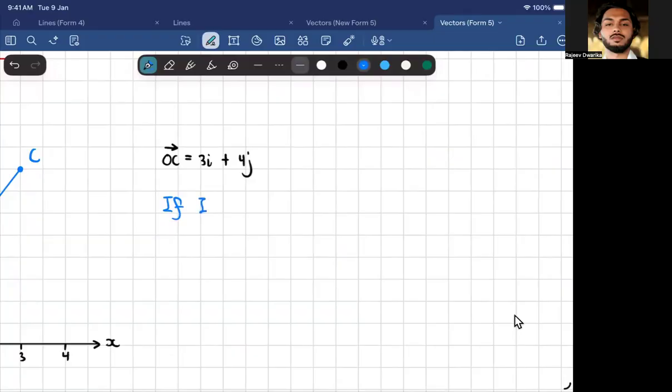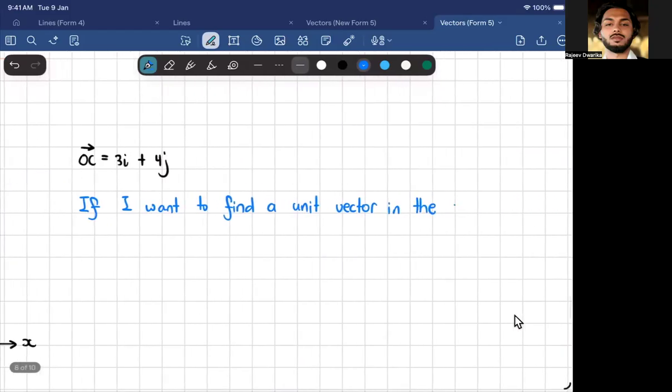If I want to find a unit vector in the same direction of O to C, we just need to